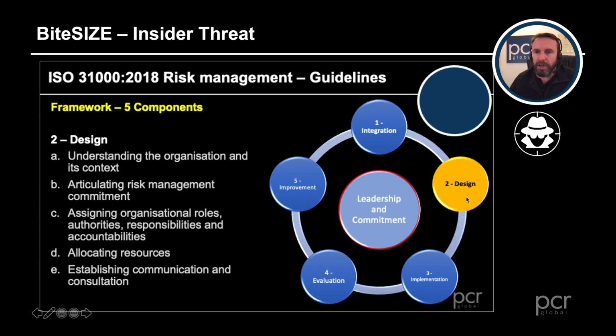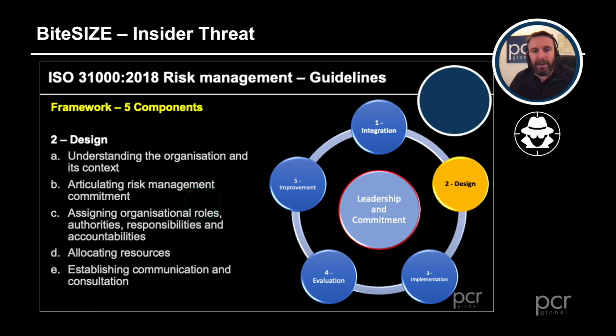So let's look at the design, because in this part of ISO 31000, this is where you are designing the framework for risk management within the organization. Because it's risk management, underneath that it is security risk management. Because it's security risk management, it is insider threat, health and safety, environment, quality, HR as well, of course. So again, we have that context. We must understand the context of the organization before we can design any framework.